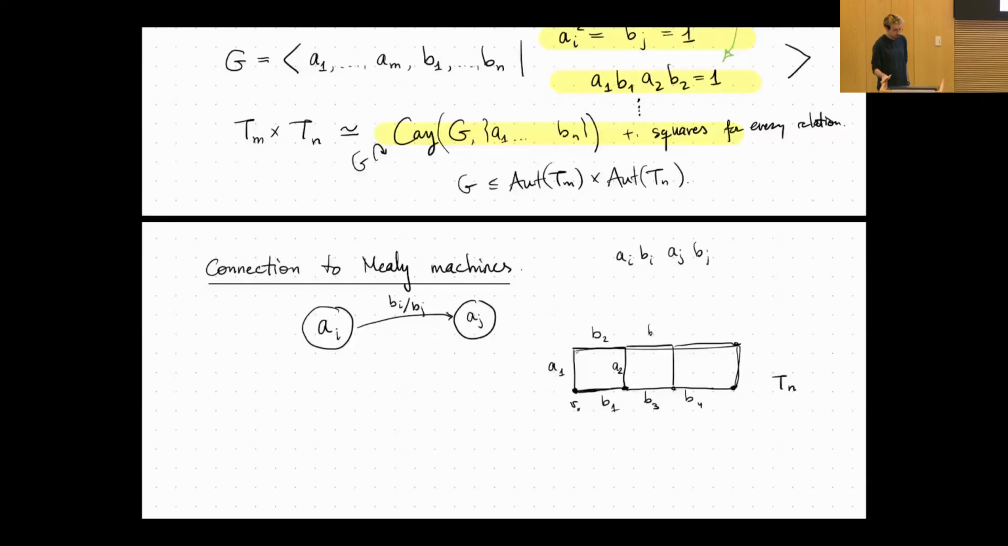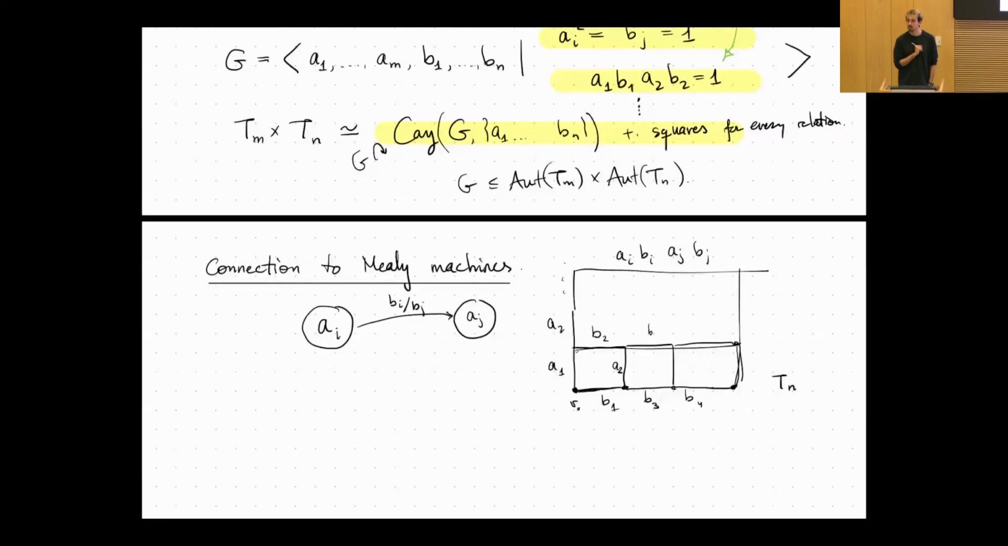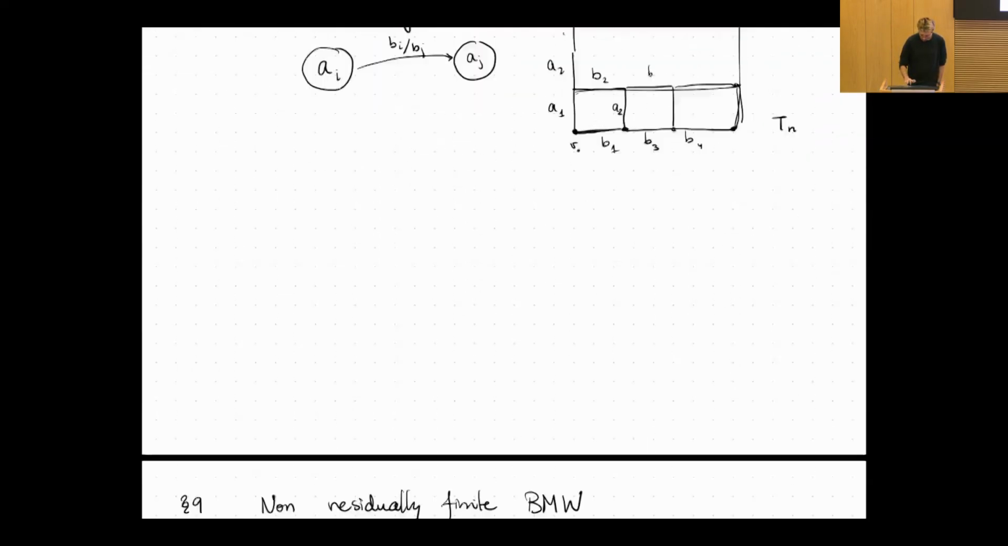And now I want to know what a general element generated by A does. I just compose them, okay, and sort of build the bigger grid, or just apply the Mealy machine one after the other. Okay, let's see how to use this